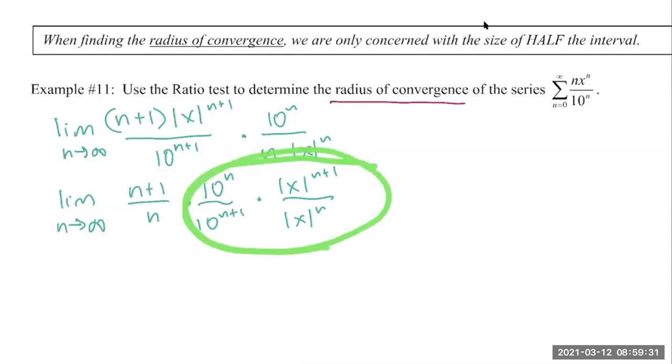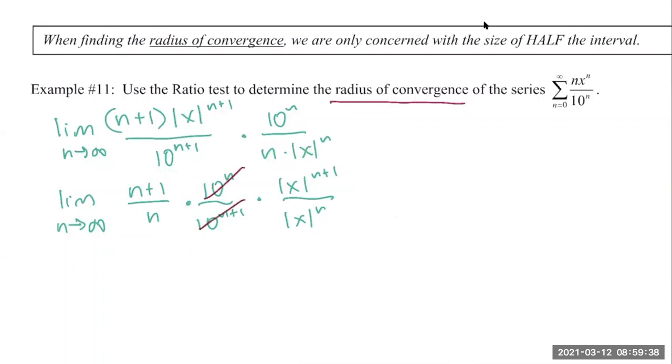So these 2 things we're going to simplify the same way that we did on the above problem. We're going to reduce the exponents. So this one, there's more 10s on the bottom, so there's 10 to the first on the bottom left. These guys, the base is x, so exponential exponents simplify with x to the first on top. Okay, so you go through, simplify your exponential expressions, and then now go back to this expression of n+1 over